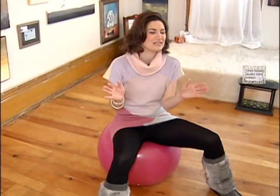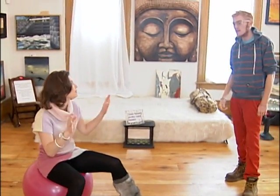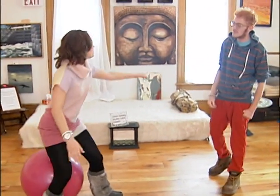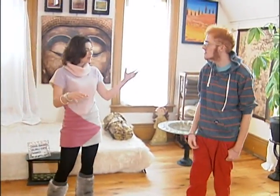I'm attempting to practice my yoga technique, but it needs a little bit of work. Okay, so I promise there is a good reason why I'm on the yoga ball, and we're surrounded by both art and yoga mats here. To explain,